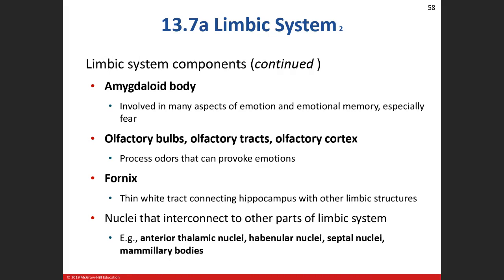All right. Next structure, the amygdaloid body. The amygdaloid body has to do with emotional responses. And the big one is one of the more powerful ones. And this, again, you can get into discussions with psychology majors. Fear is one of the most important emotions that you can have because, one, it can save your life. You can run a heck of a lot faster when you're scared for your life than when you're happy and gleeful. So the amygdaloid body